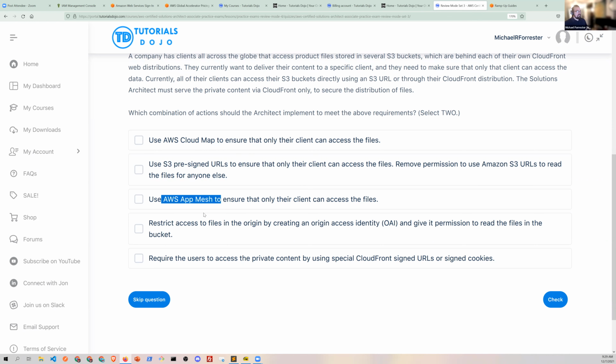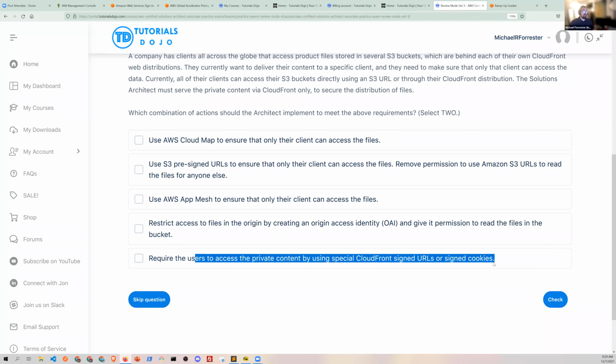And then restrict access to files in the origin by creating an OAI. I did just mention that an OAI is probably going to be in the answer. And then require the users to access the private content by using special CloudFront signed URLs or signed cookies. Huh.